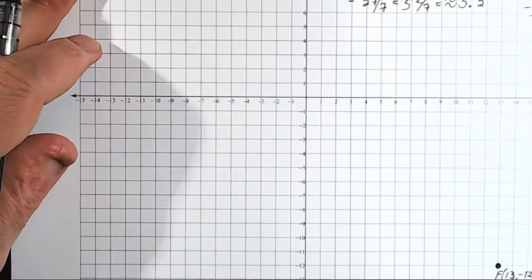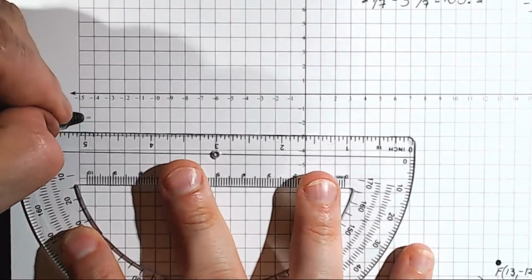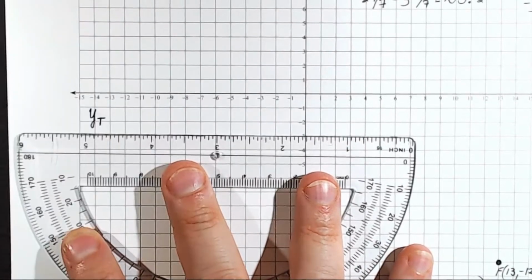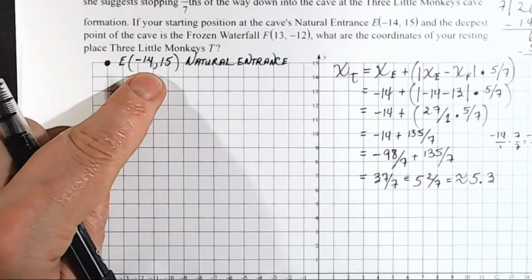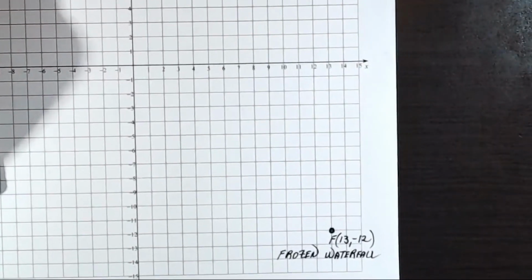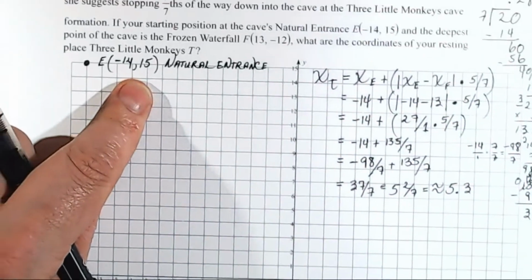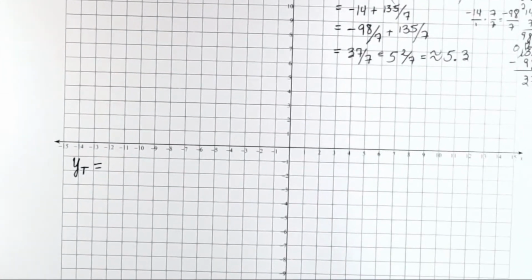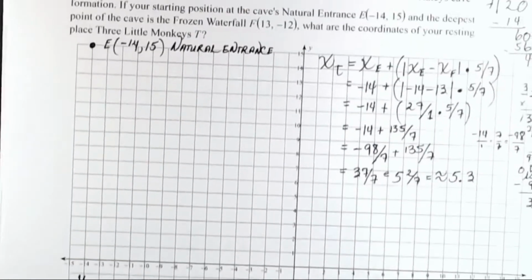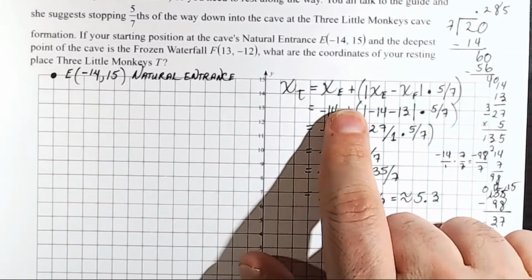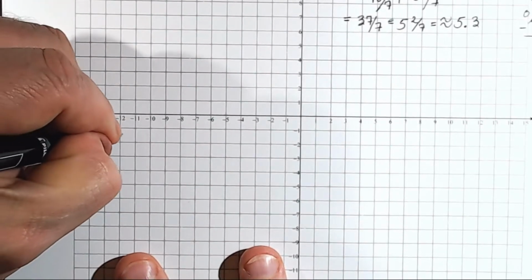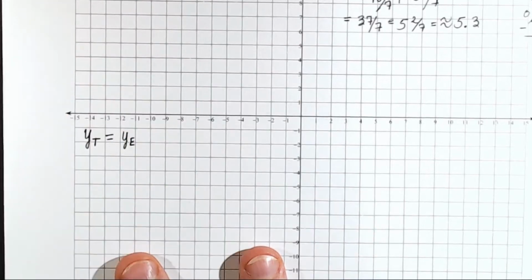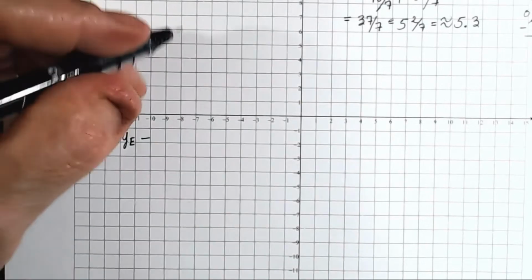And let's go down here and do the y coordinates. So if I want to find y sub t, the three little monkeys coordinate for the y, I need to think about it. I'm going to start up on top at 15, and I'll be going down to -12. All right? So what I've got to do is I have to subtract the fractional distance from the 15. So over here, see, I was adding to the x, but I'm going to subtract from the y. So here we'll put y sub e, that's my starting position, minus, okay, because I'm going down the cave, minus,